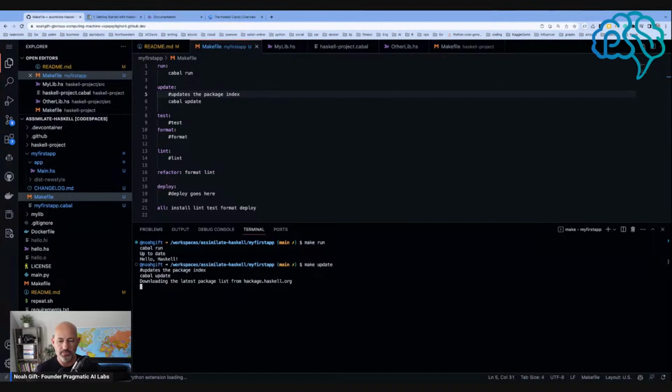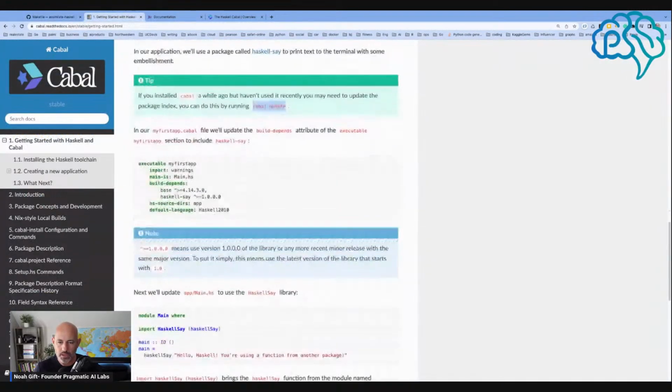Downloading. Should be nothing because it should just be dependencies. Kind of interesting. It takes a little bit of time to download here, but while that's finishing, in our first Cabal file, we're going to update the build depends attribute of the executable to include Haskell say. Okay, so we have build depends, and it already has base. Great. Haskell say. Now, it would be kind of cool if it was smart enough to know the latest version,